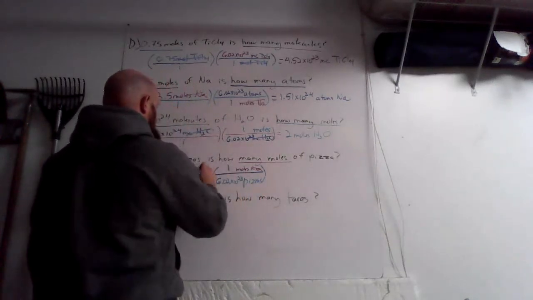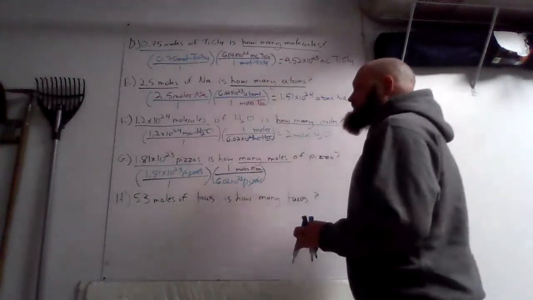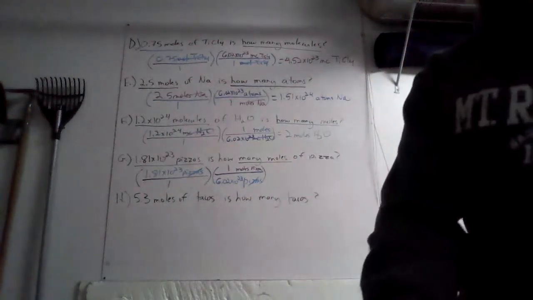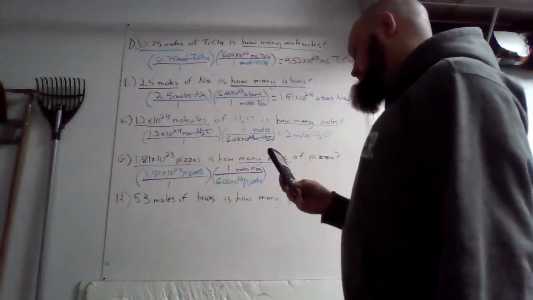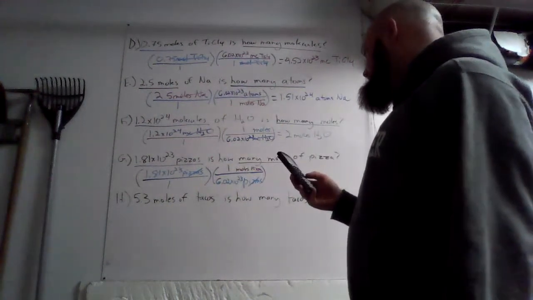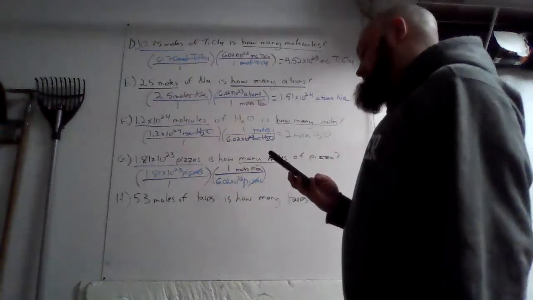Pizzas sadly cancels out. So I'm going to do 1.81 times 10 to the 23rd divided by 6.02 times 10 to the 23rd. Remember, if you have 2 with exponents, use your parentheses around them. That will give you